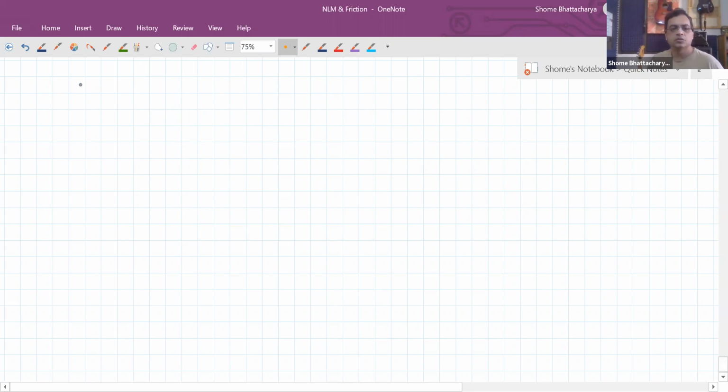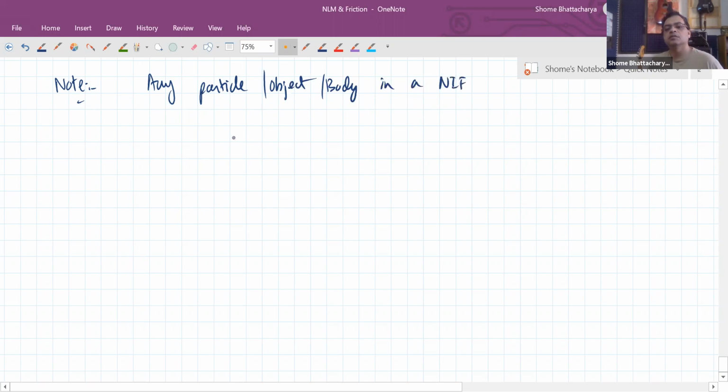Okay, so any particle or object or body in a non-inertial frame will experience a pseudo force, such that